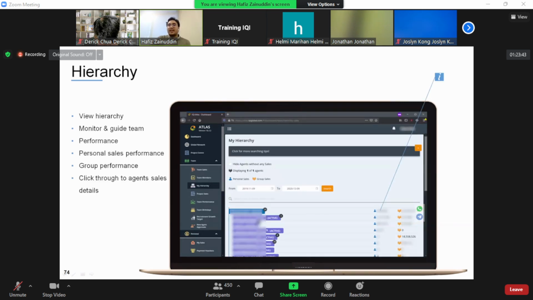So in terms of hierarchy, it's actually more of your team structure, right? For example, you have team members and you need to know who's on top and who's your protege, who are the people that you are looking into. You know how they are doing and how their performance is. So whenever it is necessary, you can monitor their performances and guide them to achieve their goals. It will also show your team size and your total group sales details as well as